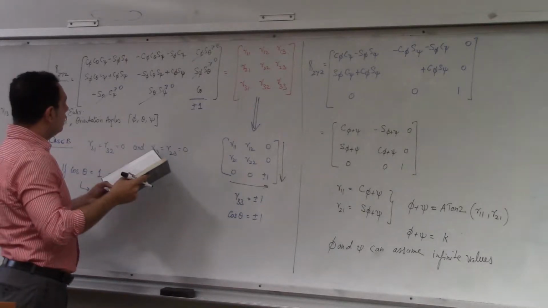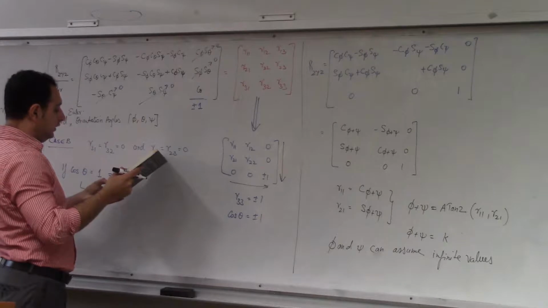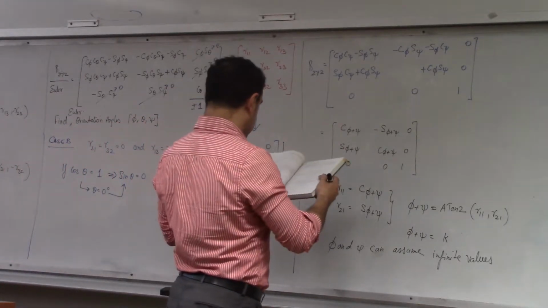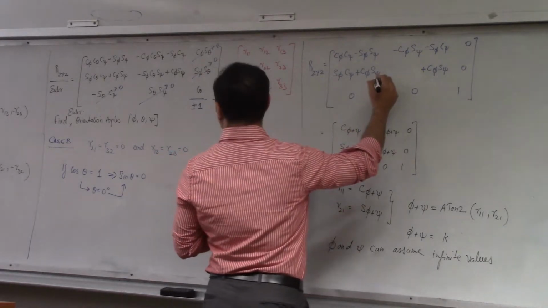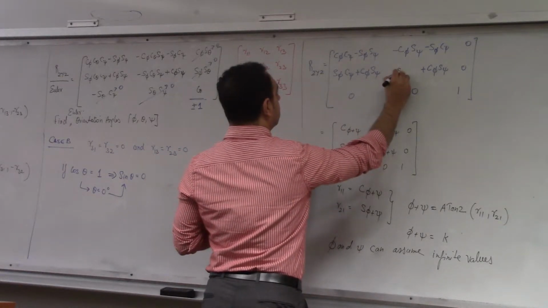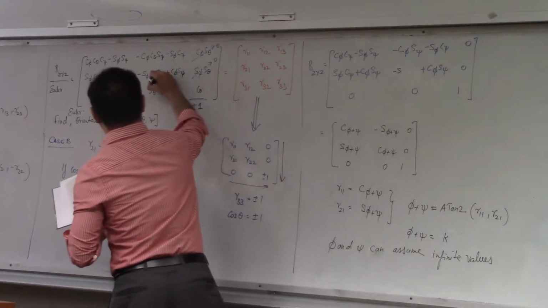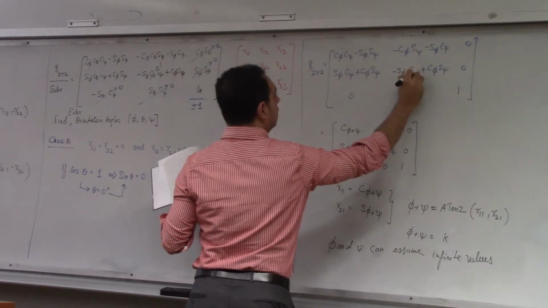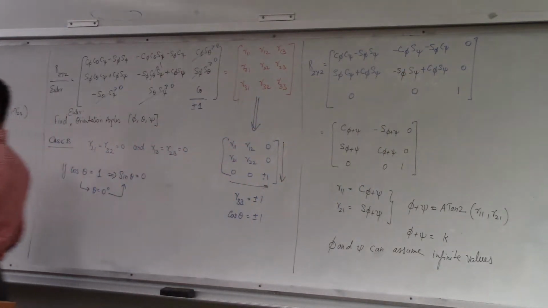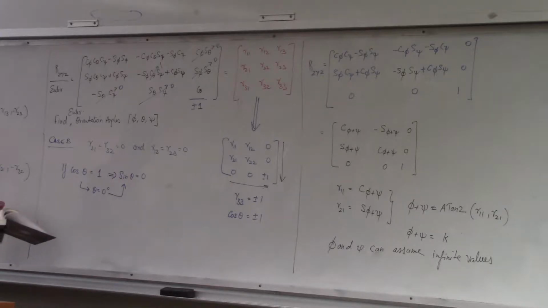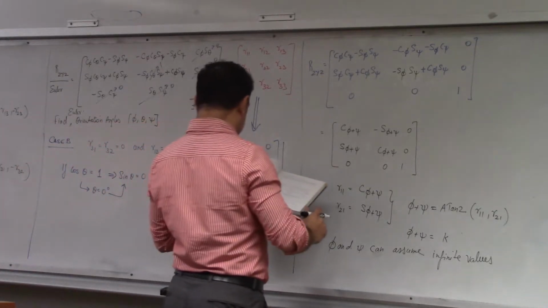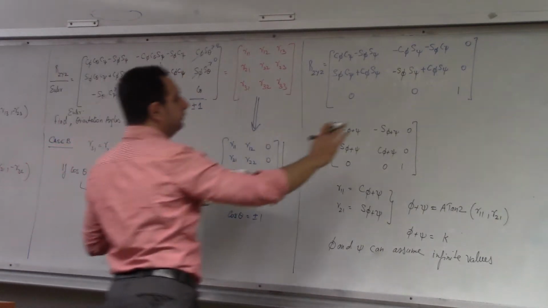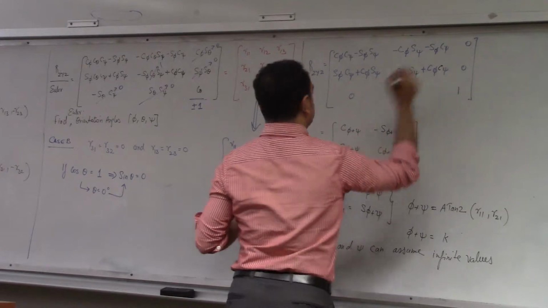Negative sine theta, cos theta sine phi, cos theta cos phi. Okay, so this will be equal to minus, because cos theta, this is 1, right? So you'll be left with sine phi. And the second term, cos and sine or cos and cos? It should be cos and cos. Cos and cos. I'm sorry, guys. This is